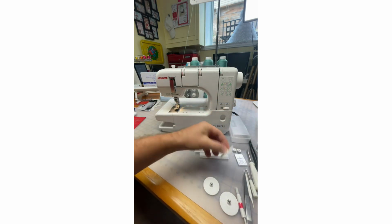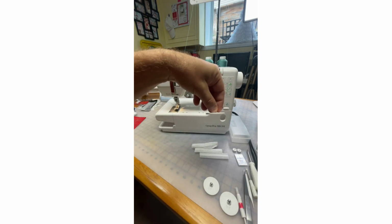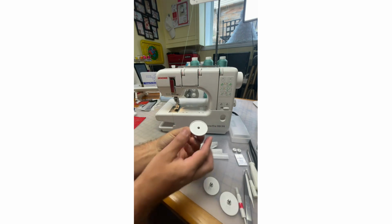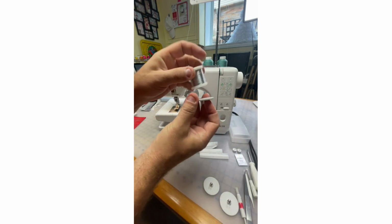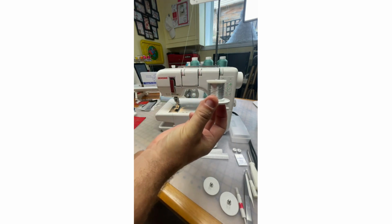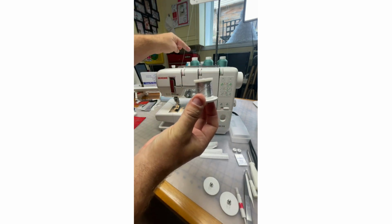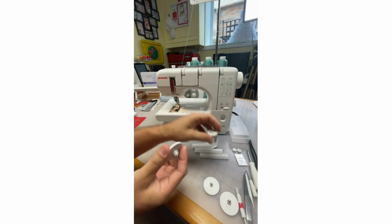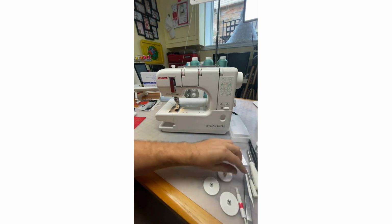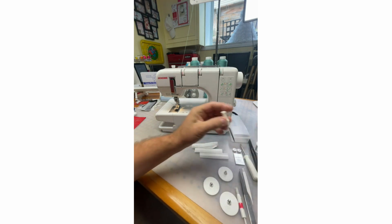And then we've got the little spool pins as well that would go on top of your little spools of thread, or sometimes I put those spools of thread like that. I use this as a holder, and then I put my little spool of thread up here on the spool pin. So then it's not going to wrap around the top of the spool pin. So these are kind of double duty. So that's great. And then of course we've got our usual tools like the big screwdriver, the little screwdriver to